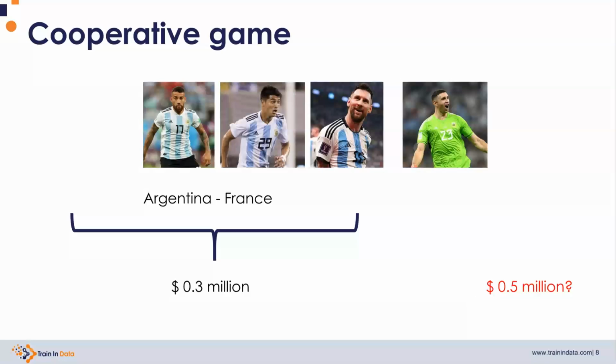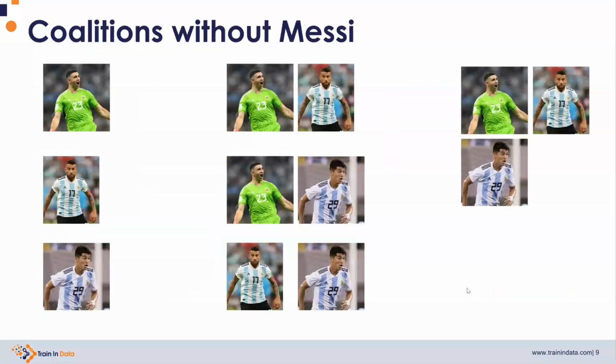Well, we could take the average, right? And in fact, that is what we'll do. The fair reward is obtained from assessing each player's contribution to each possible coalition and then taking the weighted average of that contribution. So if we want to determine Messi's contribution to that particular game against France, we'd first obtain the results for each possible coalition of players, and that consists of each possible coalition of 1 player, 2 players, 3 players, and also no player at all.